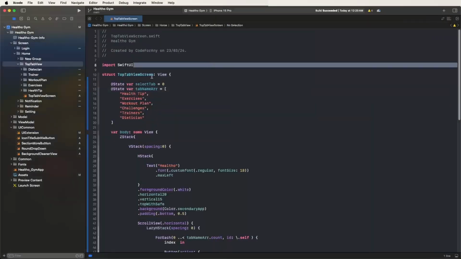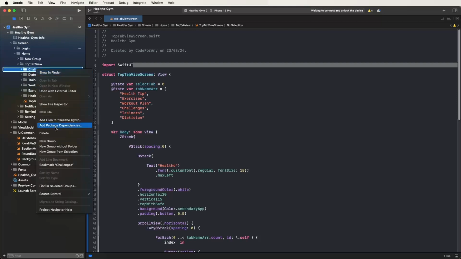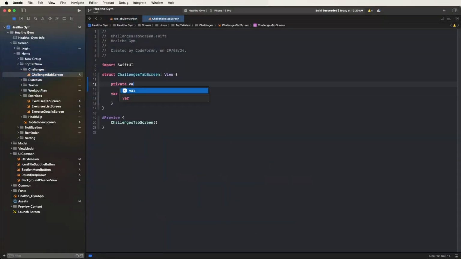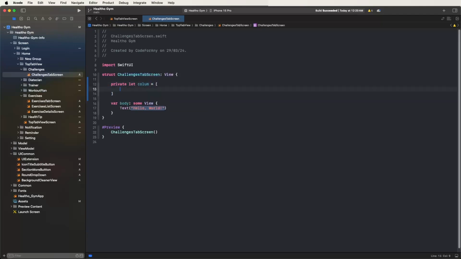Now we need to create the top tab view. Inside, we need to create new groups and give the names as challenges, challenge, like this, and also create the new shift UI files, the tab view tab screen, and set the names. First of all, we need to develop the columns for this UI. We need to set the grid